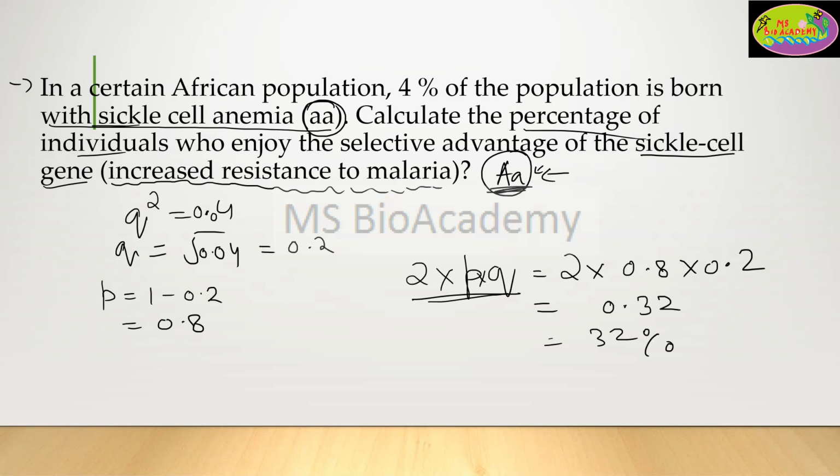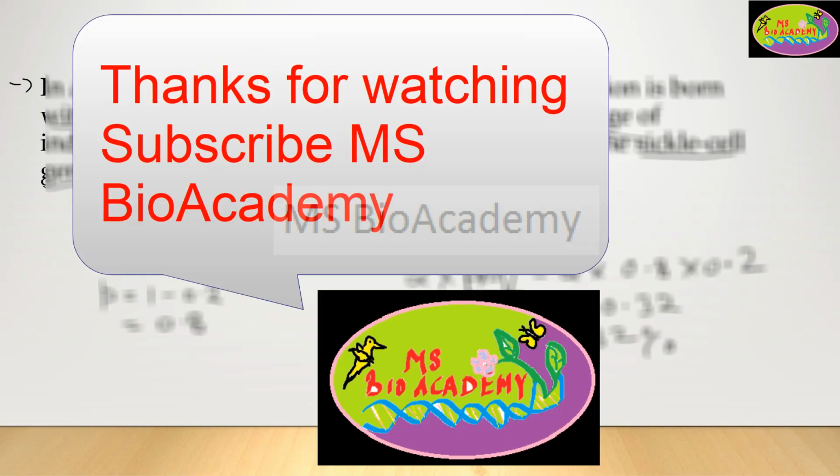You should have a little bit of knowledge regarding all these things if you need to solve such questions, right? So basically we have used only 2 equations in the entire calculation. Just remember these 2 equations and solve all sorts of Hardy-Weinberg equilibrium based problems in genetics. So that's it for today.